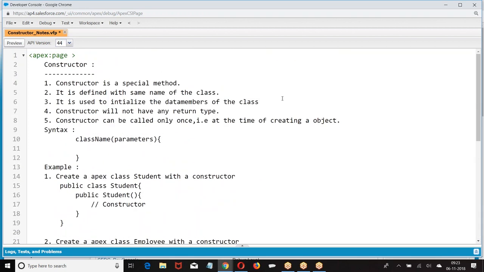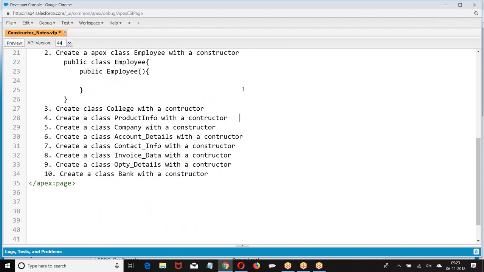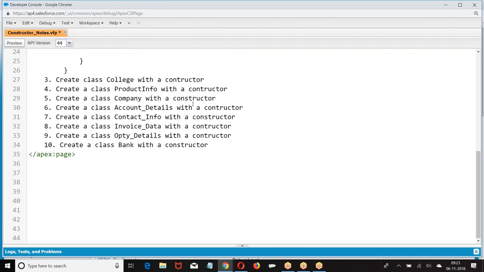Now, we just look at the constructor with syntax. We will see the purpose of it one by one. Now we are getting into how to define it. Once you get the syntactical things, then I will tell you why we are writing this. If you discuss all the points in a single line, half the students will not follow. So I'm trying to make it simple to get the concept right. Now let us take the next example. Create an Apex class student with a name, phone, age.